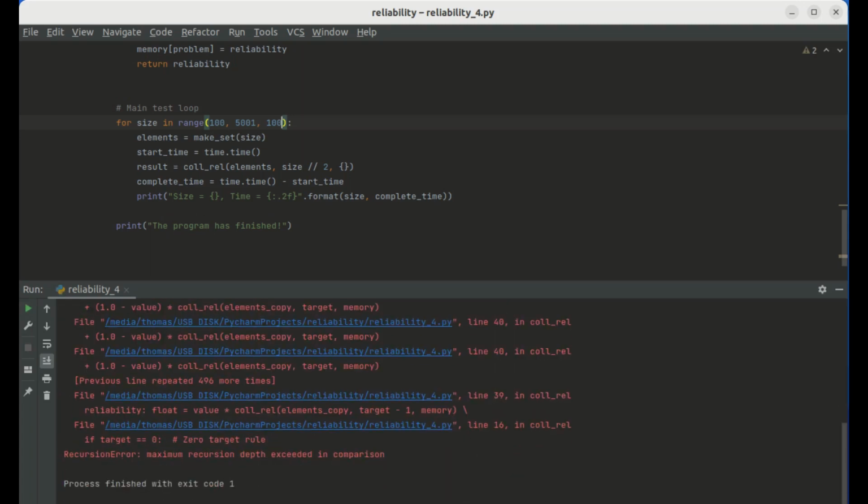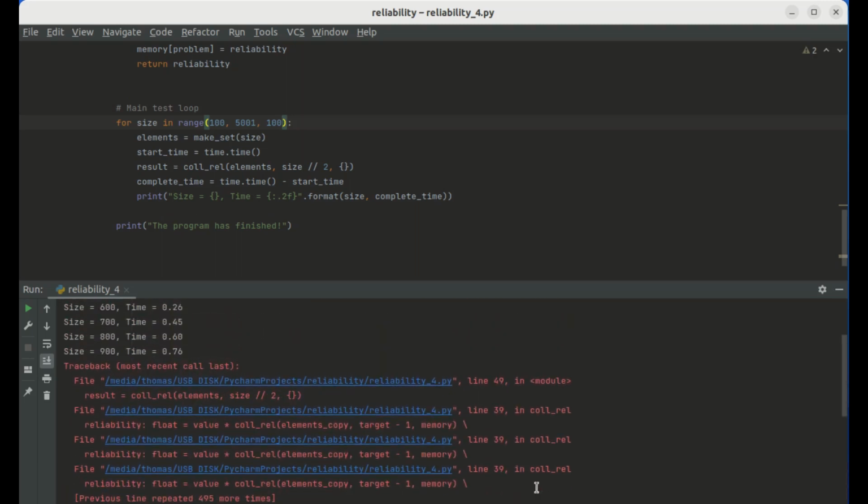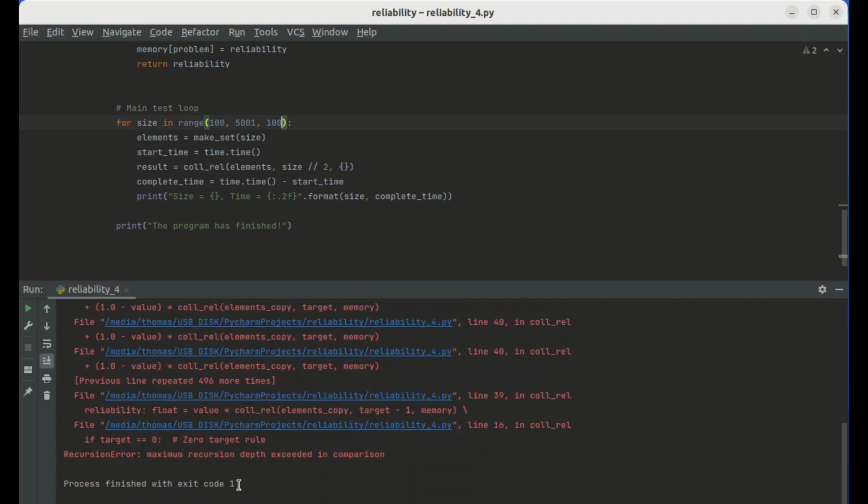There, the program has crashed. When we try to calculate a set of 1,000 elements, Python crashes at this point, and then we get this error message here. It says recursion error, maximum recursion depth exceeded in comparison. So I have tested this solution using several different languages and several different operating systems, and no matter what I use, there's always this point where the program just crashes. The exact point where it crashes changes depending upon the language or the operating system, but they all crash for the same reason,